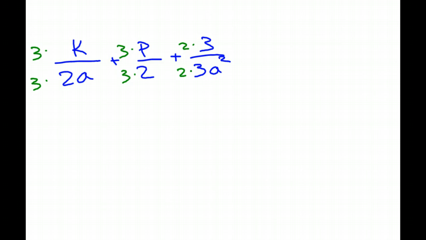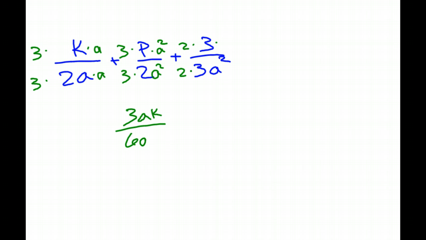All right, so we've got our 6. Now we have to look and see what else we're missing. Here we have an A. What do we need? A squared. I'm missing an A here, and an A squared here. And what am I missing here? Nothing. So I've got 3AK